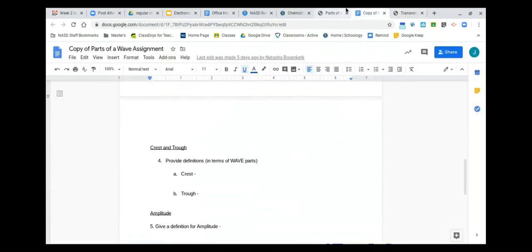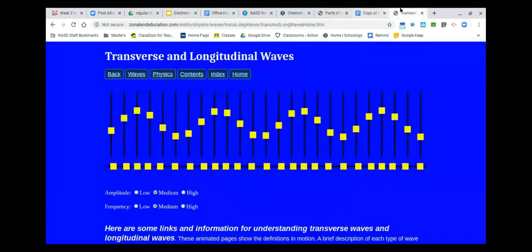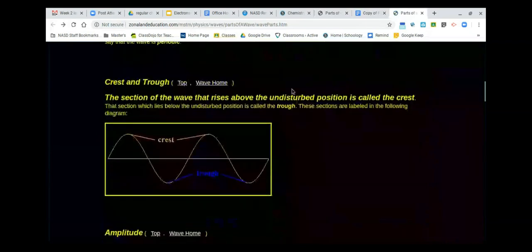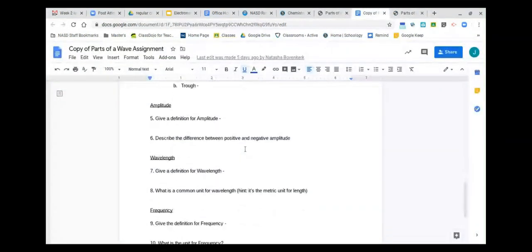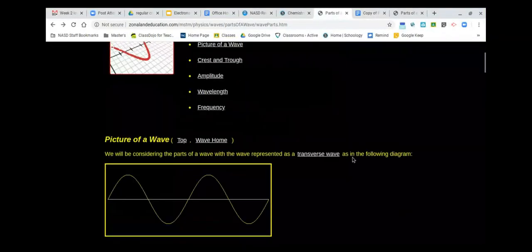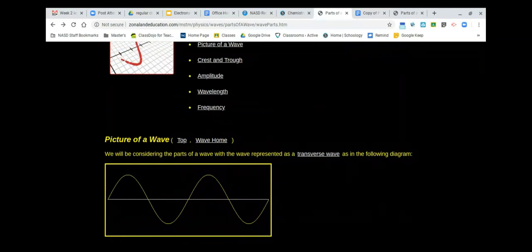Then you're going to go back to the original page and use the rest of the information to complete this assignment. Once you're done, I know for my classes, I'm going to put that out through Google Classroom. Make sure you hit turn in, otherwise I probably won't see it, and you definitely will not get points. This will be a 2-day assignment, so it's going to be worth 2 points. So make sure you get it done by Friday, the